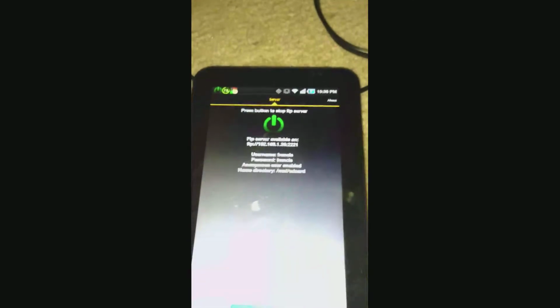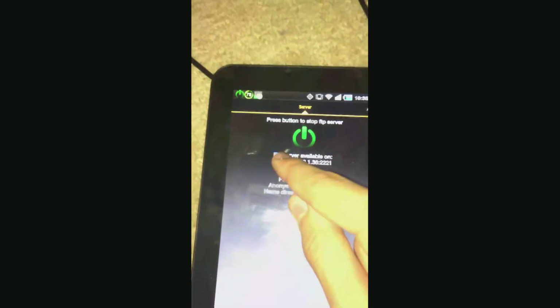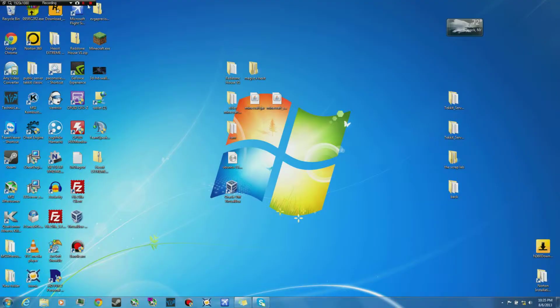Okay, so if you go back to your FTP server and click it, you'll get a couple addresses. Sorry, only one address, the username and the password. You only need the username and password if you're connecting from another computer. If you're connecting from like an iPhone, which you can, there's another FTP app on the iPhone for clients. But you need to type the username and password even when in...